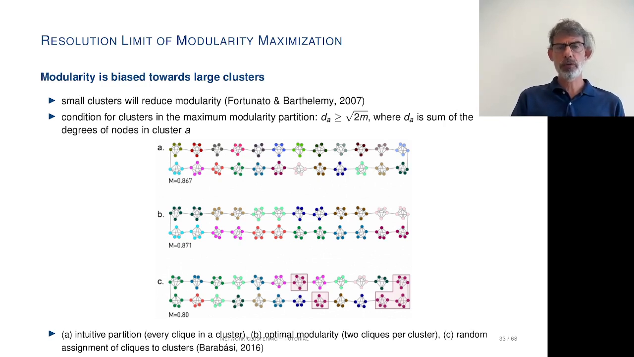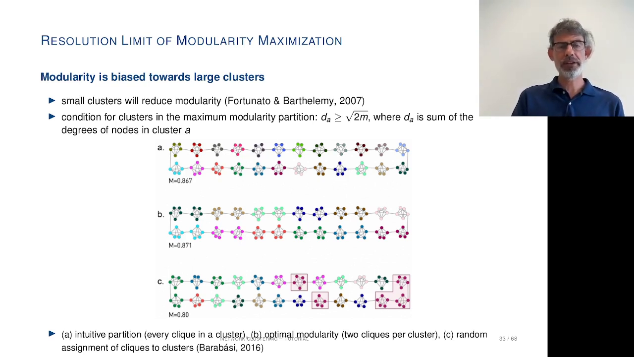This figure illustrates this. Consider a network which is a ring of cliques of size 5. The intuitive partition is to put each clique in a particular cluster, since we have clusters of 5 nodes. However, this leads to a modularity value of 0.867, which is not the maximum. The optimal modularity actually is to put 2 cliques together inside the same cluster as shown in figure B,